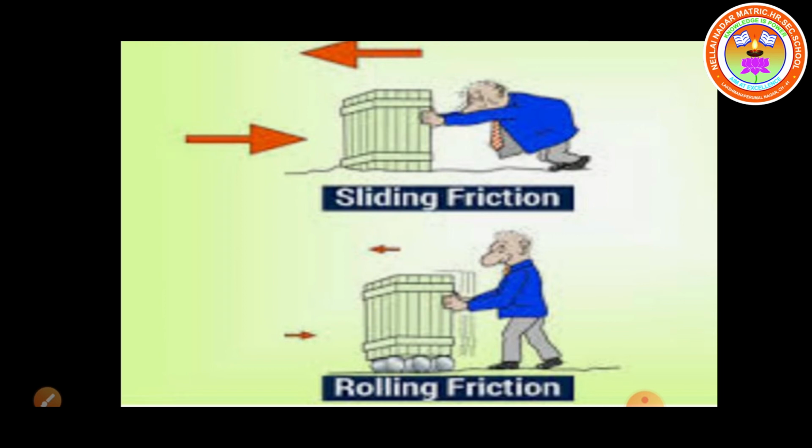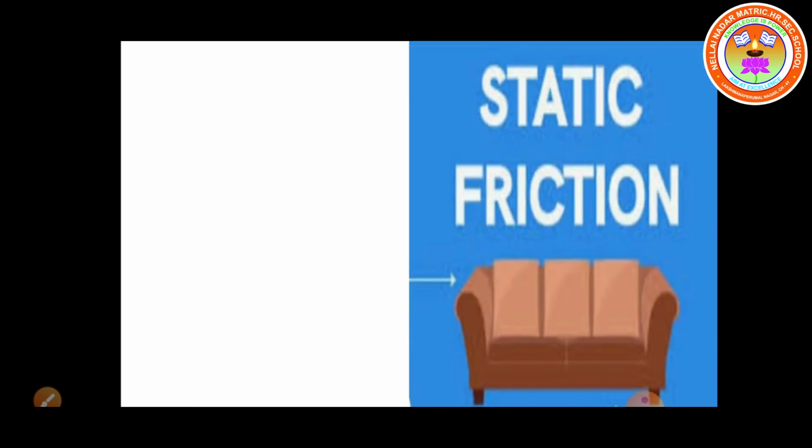That's why wheels are provided in vehicles, trolleys, suitcases, etc. Here also the trolley example is given, and it is fitted with wheels, so it comes into rolling, isn't it? In the first picture it explained the sliding. So these are the examples of sliding friction and rolling friction. Do you understand, children? First we discussed static friction, second kinetic friction, third sliding friction, and last rolling friction.